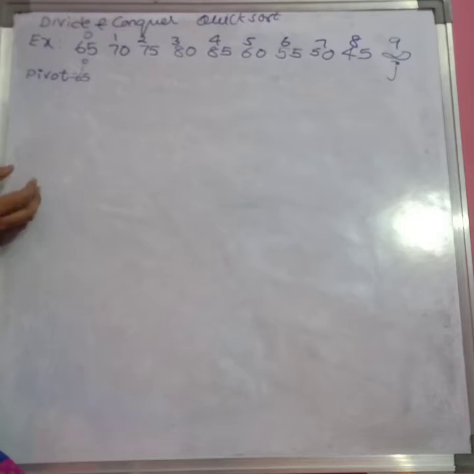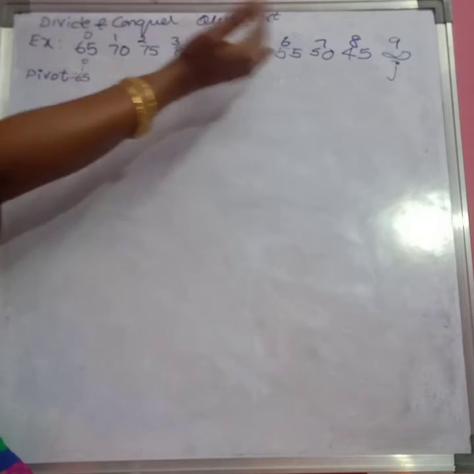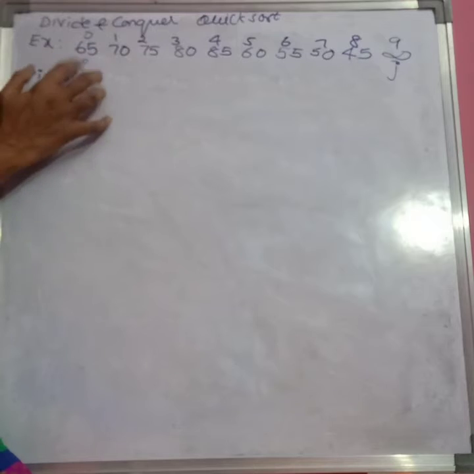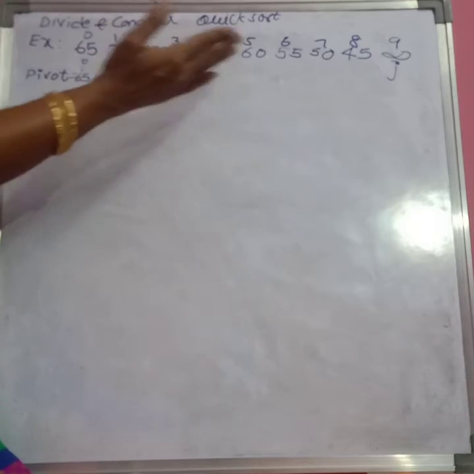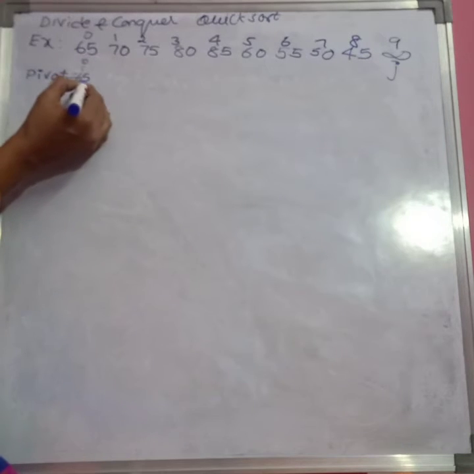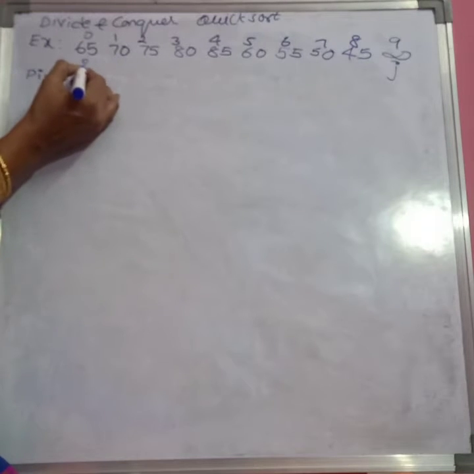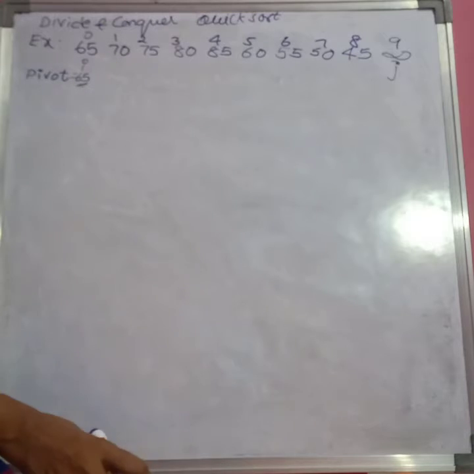Lesser value elements within the array we move to the left side, and greater value elements than the pivot element to the right side. To do this we use the two variables: i is incrementing from the lowest index, j is decrementing from the highest index. So first start with i and compare with the pivot element. The first element is taken as the pivot element, so I increment the i value from 0 to 1.